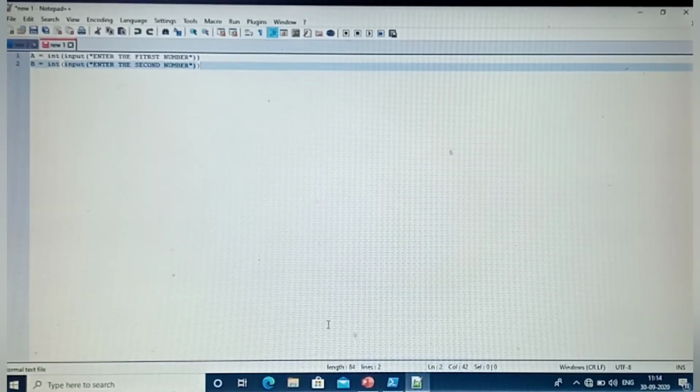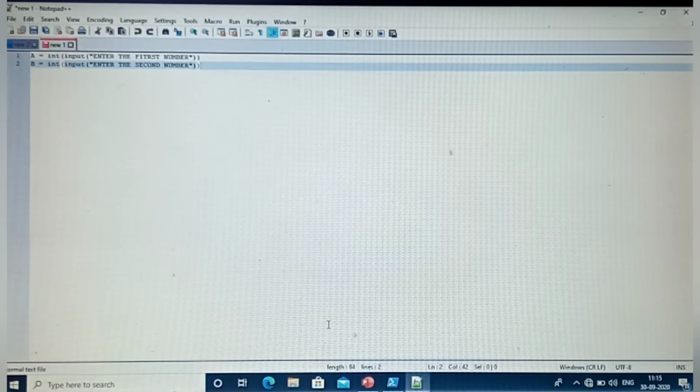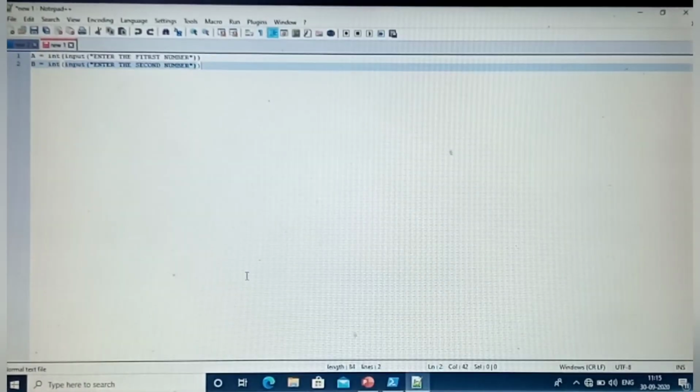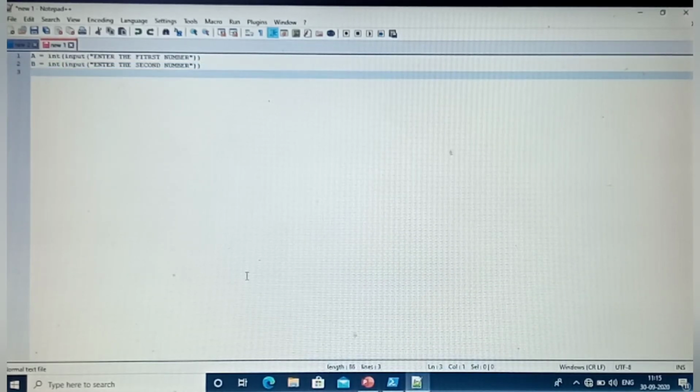So somebody is using our app. We are now creating an app, something like a calculator. Somebody using the calculator wants the addition fast. See, if we use 56 plus 90, it will take time. A user wants to get it much faster than that. So we are writing the code for that. So A and B we have written, and already we have taken A and B.